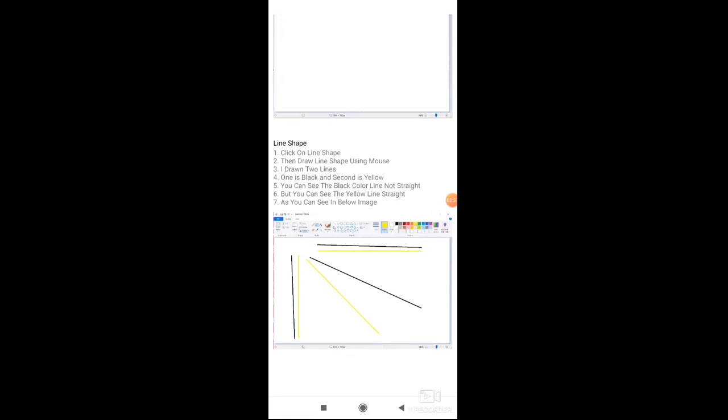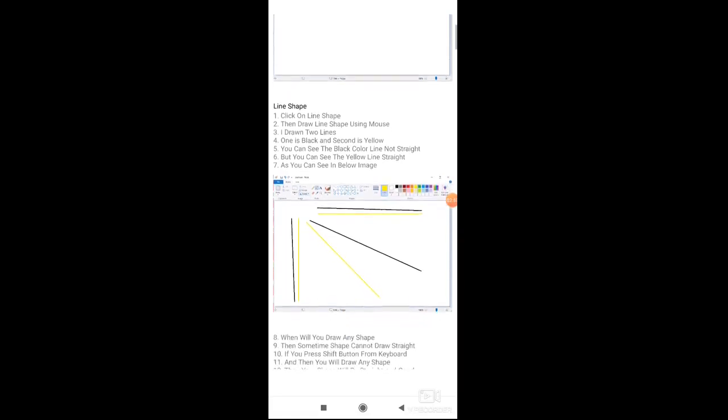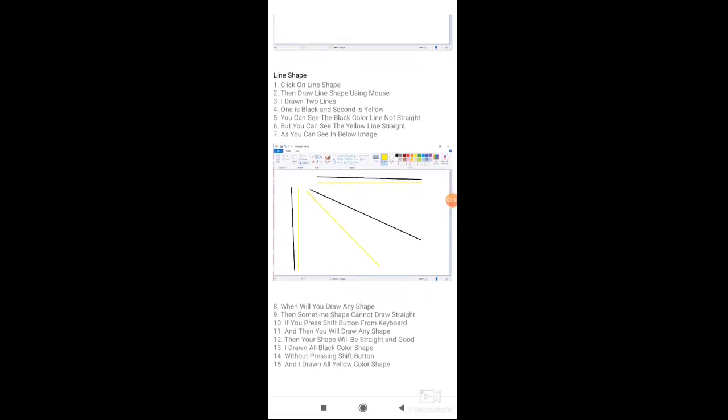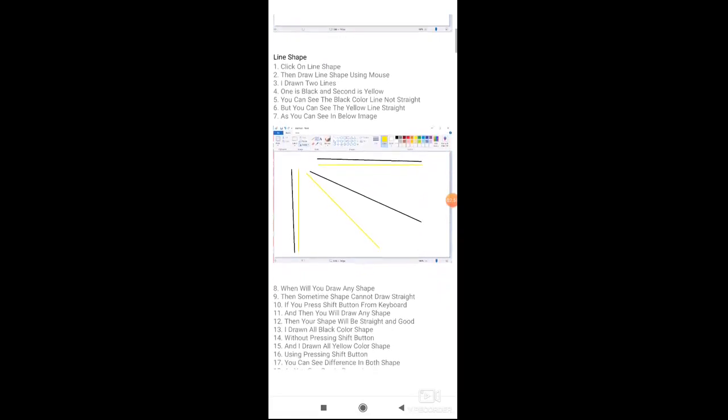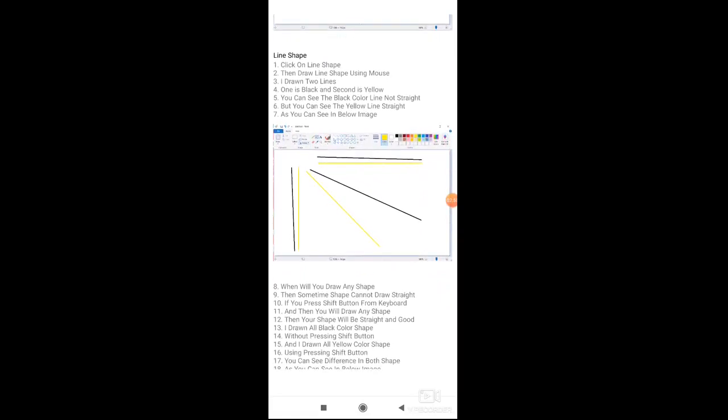See, I have drawn 2 lines. One is black and the second is yellow. You can see the black line is not straight, but the yellow line is straight, as you can see in the image below. When you draw any shape, sometimes the shape cannot be drawn straight.